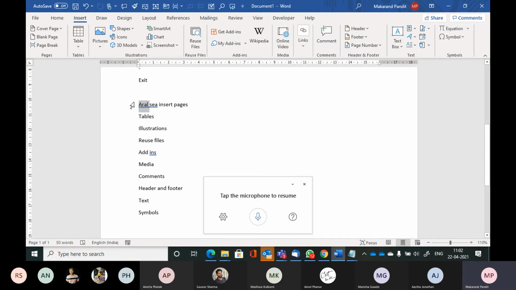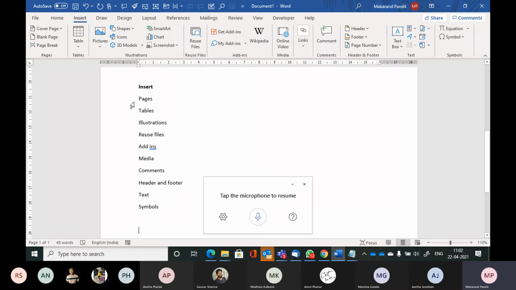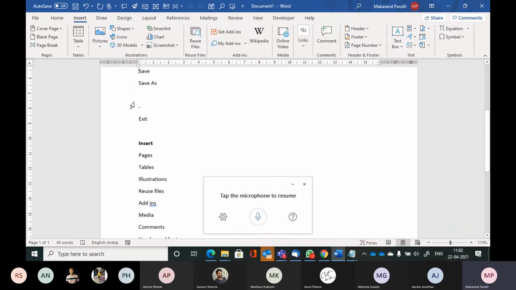Hello, did you see that? Yes, sir. Tell me, how much time does it take to create a menu map like this? Ten minutes, probably. Now, while doing this, you are creating a reference for using this offline tomorrow. Yes or no? Yes. And you are also training your mind on what the application is and what menu is available where. Anytime you want to refer to it, you can just say Control F pages and it will get you here. All right.